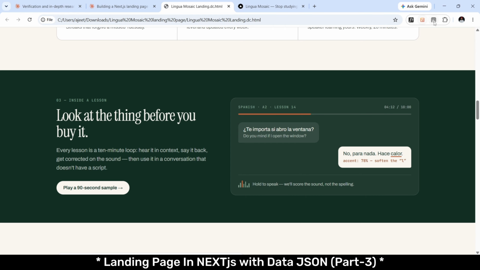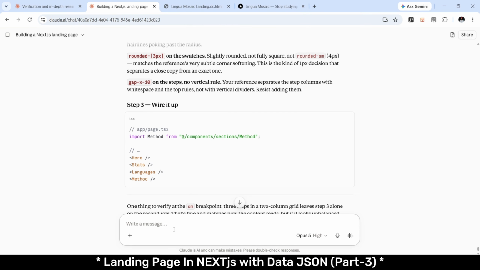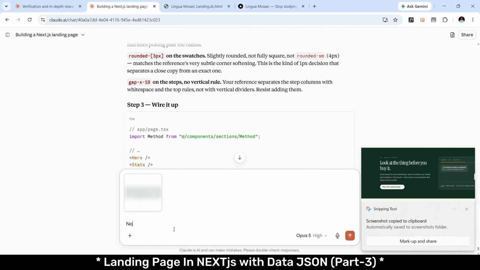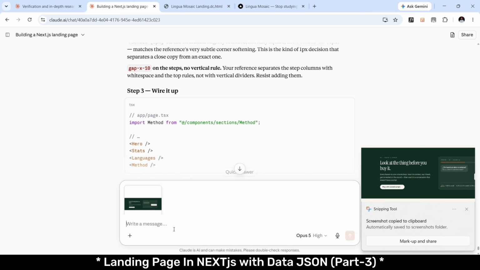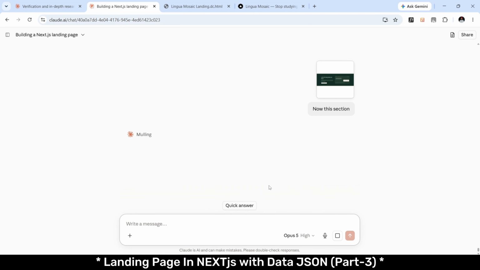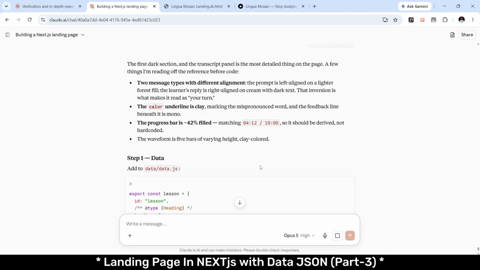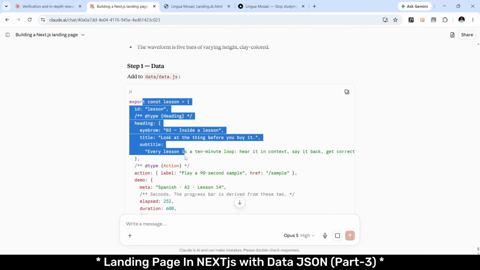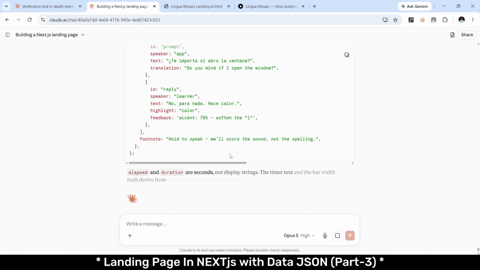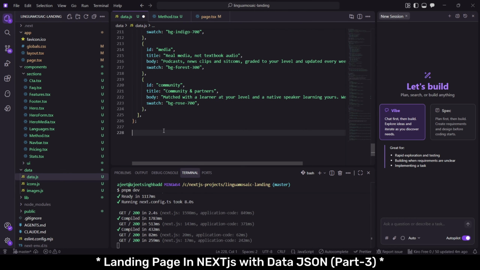So now this section. So let me just use the print screen method. Simply get the screenshot, go back to Claude, simply paste. Now this section, and hit enter. Now everything will go smoothly without any disruption. Okay. So here we have that. So we are going to start with the data.js. So it's completed. So simply copy all the data, go to our editor, simply go to the bottom section, paste